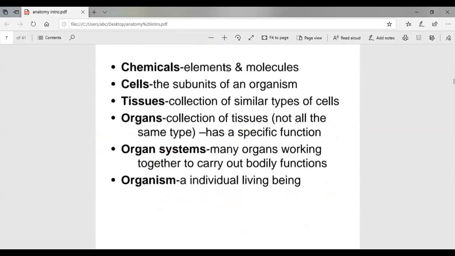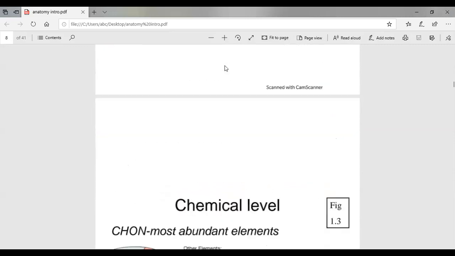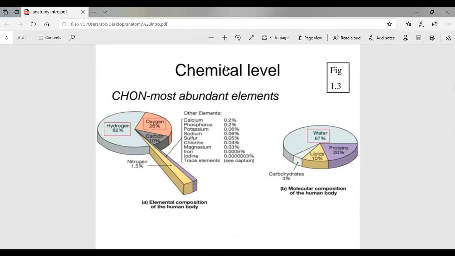So this is basically the elaboration of what I have said. We can go ahead. This is very molecular level, and I don't think it is very important to you, but this is just how they have shown that a compound is made up of different chemicals combined to form carbohydrate.